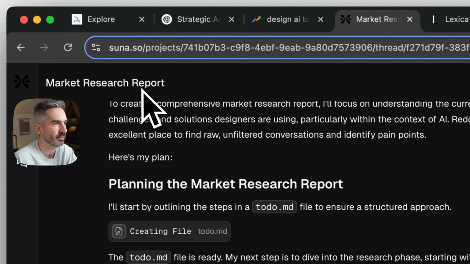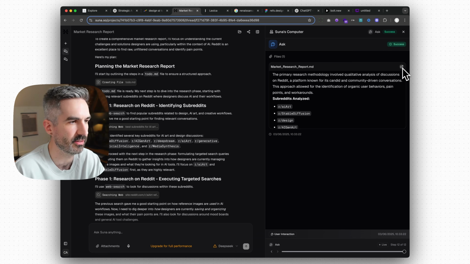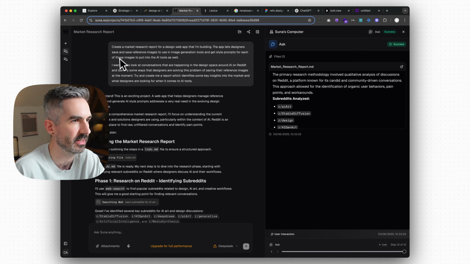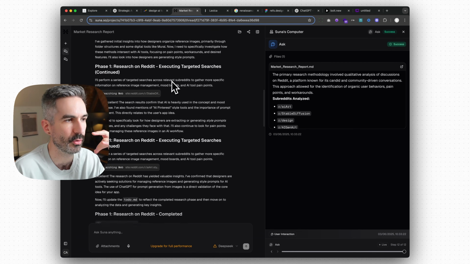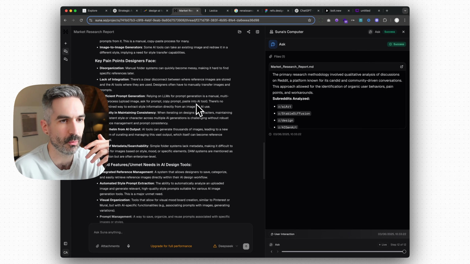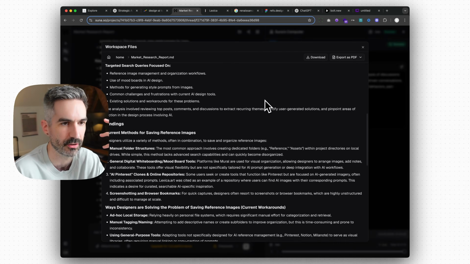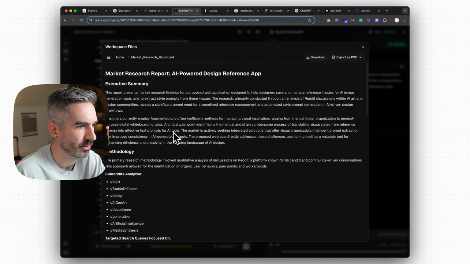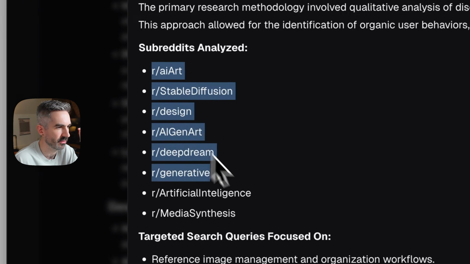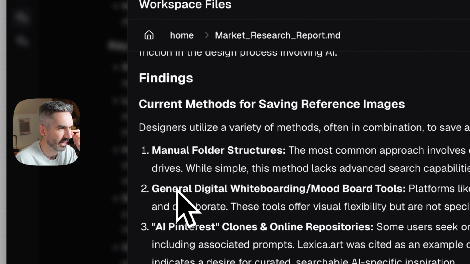This is in Sooner.so, which is an AI agent tool, general purpose AI agent, a bit like Manus. And what I've asked it to do is basically to just create me like a market research report for competitors and other tools in this space, and also look at what the general feeling is and what people are talking about around AI image generation for design and creativity. And so what it's done is it's gone to these specific subreddits, it's analyzed those,